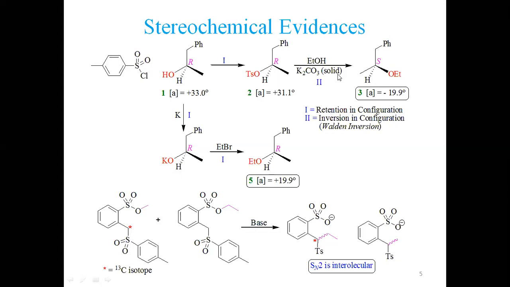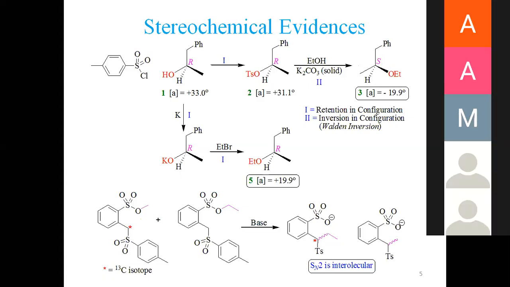But the next step is very important. What is happening? We are reacting this with ethanol in the presence of potassium carbonate as a base, which slowly picks up a proton from here to generate ethoxide ion. Ethoxide ion is a nucleophile, which shall approach opposite to tosyl. Now you see here we have got the inversion in configuration. This benzyl group and hydrogen are at the same position, but two other groups are inverted. Methyl from here moved to there, and this leaving group is replaced by the nucleophile on the opposite side. This is what is called inversion in configuration, also called Walden inversion.